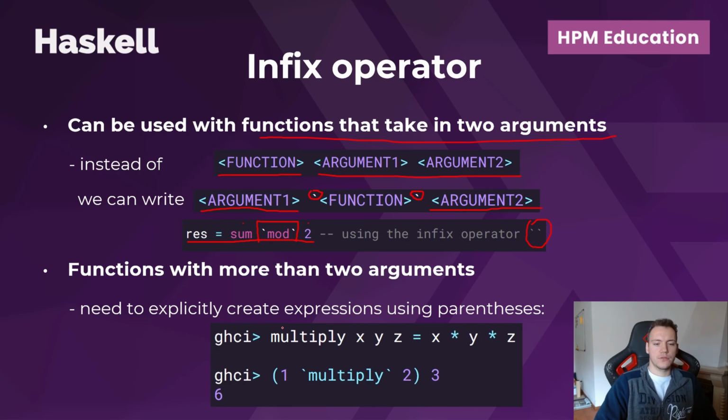Okay, what about functions with more than 2 arguments? In this case, we still need to explicitly create expression using parentheses. So multiply is a function that takes in 3 arguments, but we can still use the infix operator. So 1 and 2, we apply multiply to 1 and 2, but as we know, this doesn't complete the function. It's only a partial application, which is fine in some cases, but if we want to then apply it to another argument 3, we still need to wrap the first result